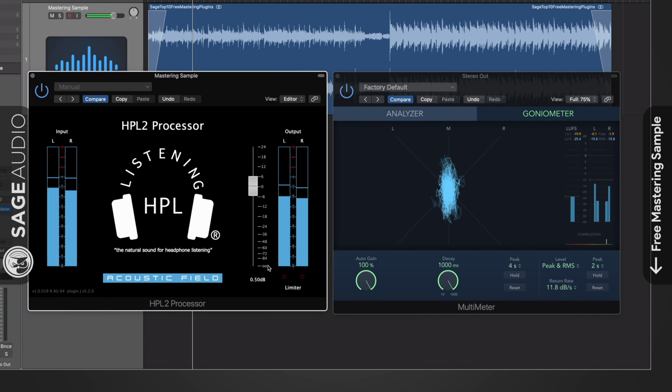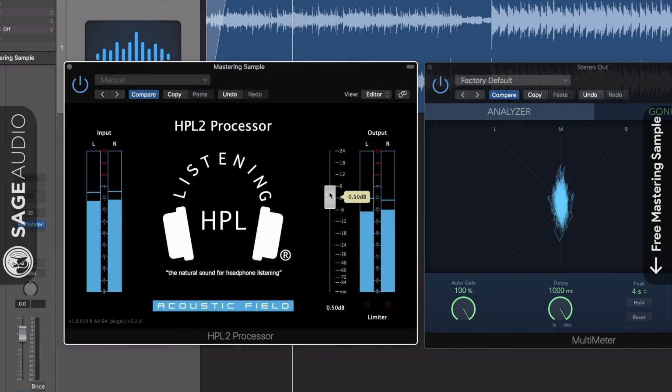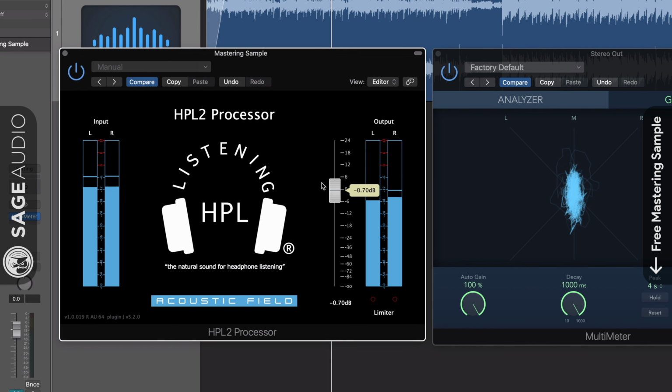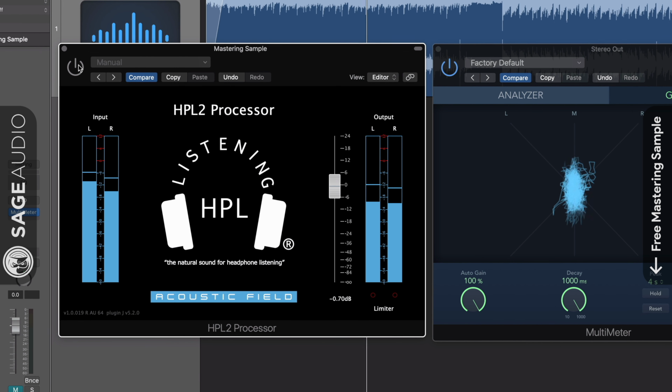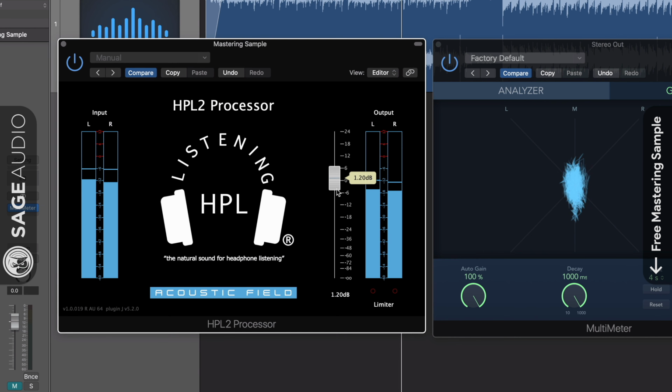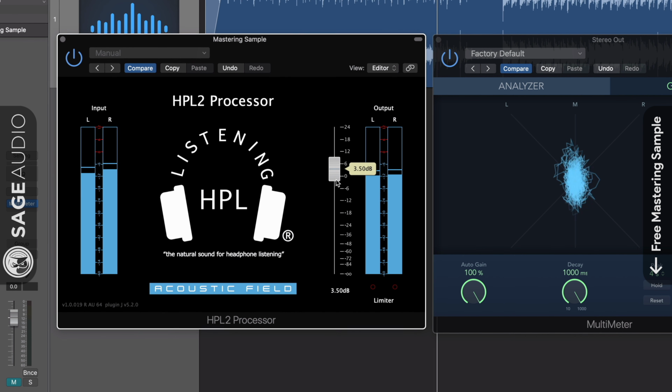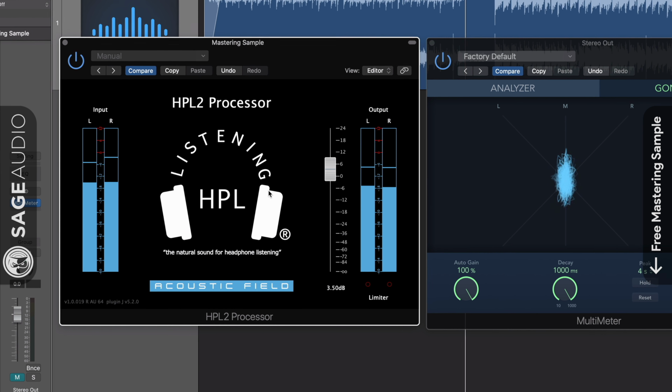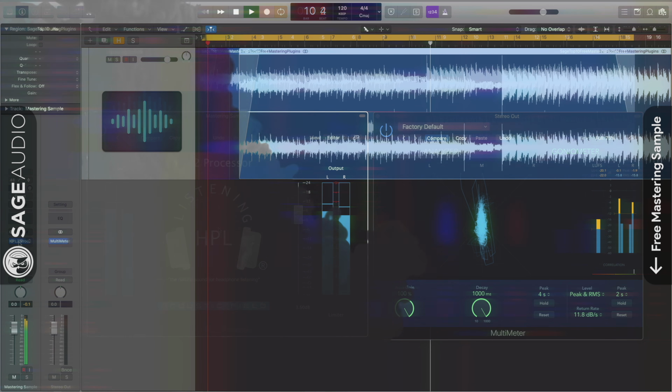When using this plugin, the only parameter that you can control is the output. Now, typically, using this plugin decreases the overall volume by 3 to 6 dB, so you'll probably be using this to offset some of that attenuation. Let's take a listen to this plugin, and if you weren't already, now would be a good time to use